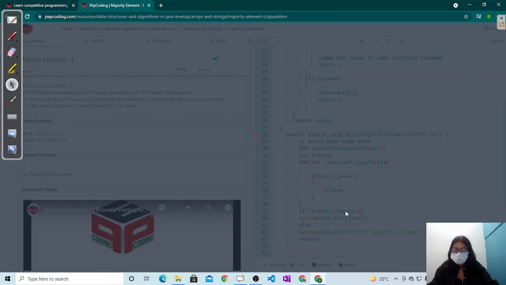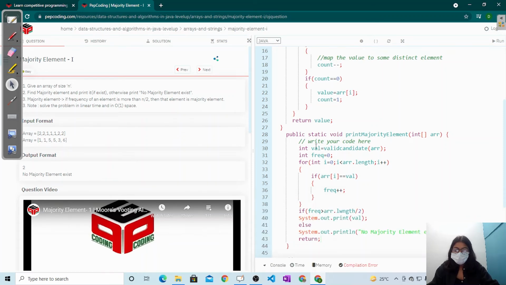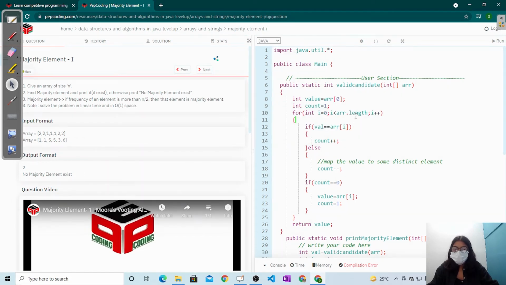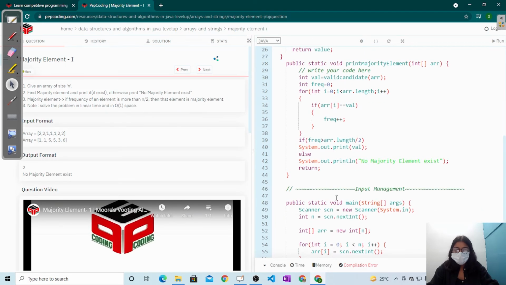It should be length here. Line number 12, there is some error. It should be value here, and then value at line number 12, and at line number 39 it should be length.